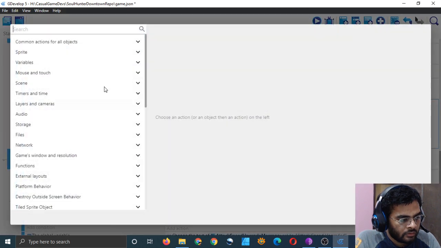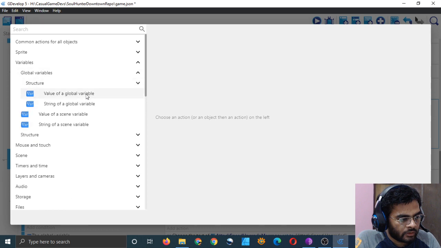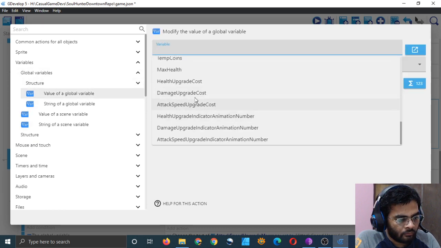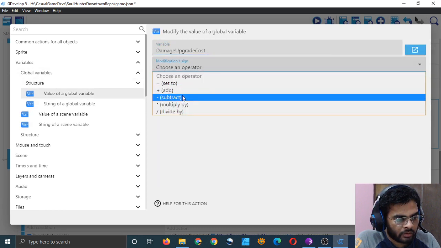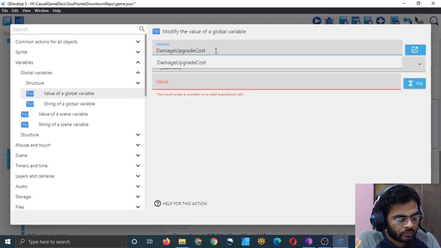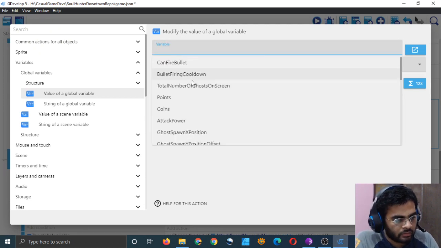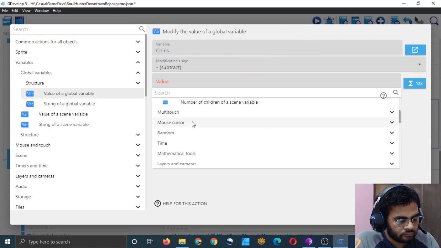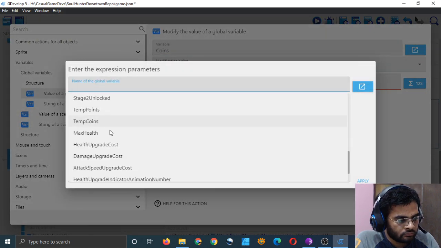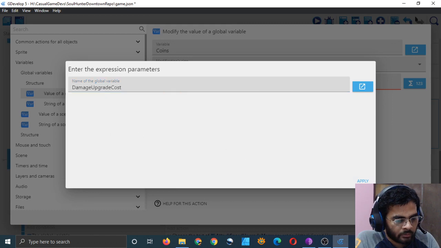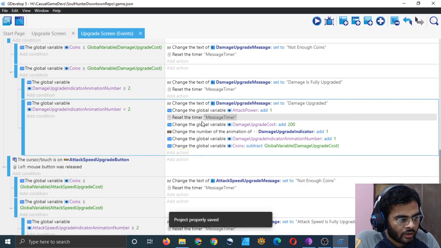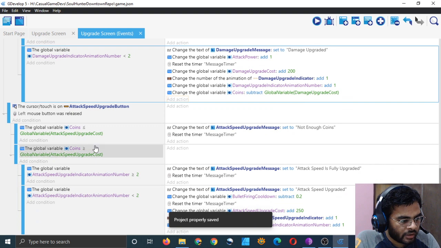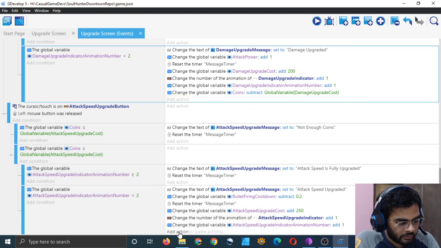So here variables, global variables, coins minus damage upgrade cost, apply, okay. And in attack speed upgrade, it will be attack speed upgrade cost wherever we are making the upgrades.